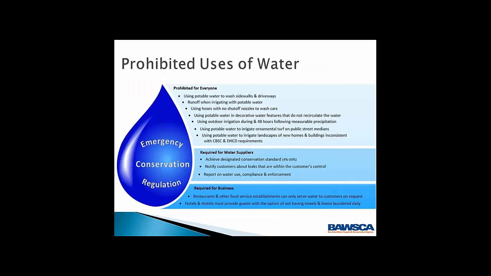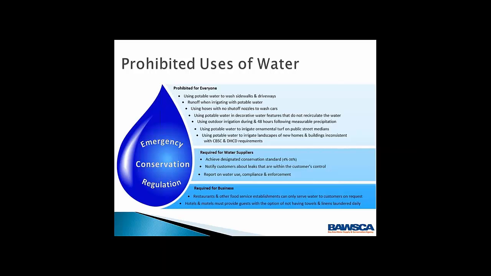The state's emergency conservation regulation included some prohibited uses of water for all communities throughout the state. And many of these are things that were already prohibited by individual communities within San Mateo County. Some of these are things like using potable water to wash your sidewalks or driveways, allowing runoff, water running off of your property while you're irrigating, using a hose to wash a car without a shutoff nozzle,